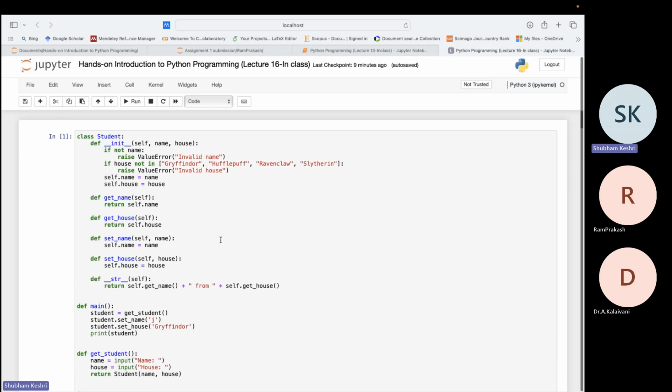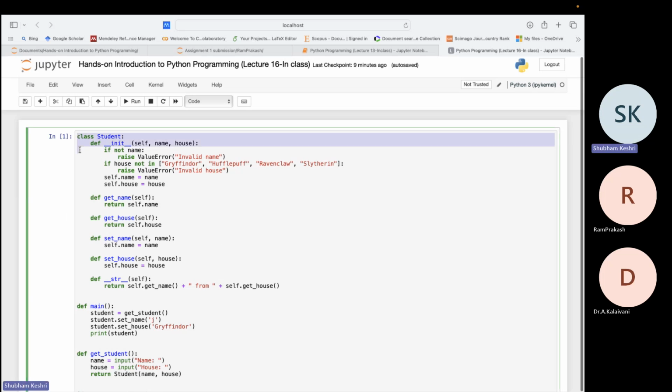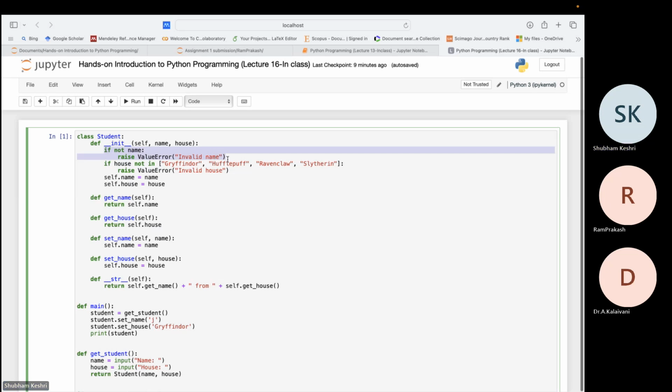So before moving into that, what we have here is actually a definition of an object type called student. And inside this object type, we have the init method, which verifies if the name is not empty and raises an error. And over here, it checks if the